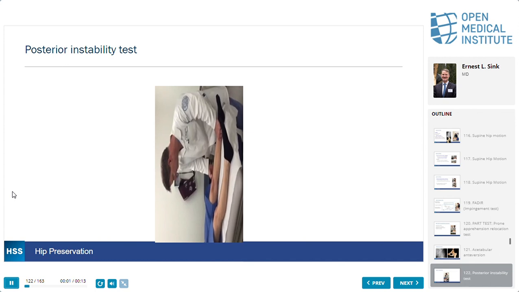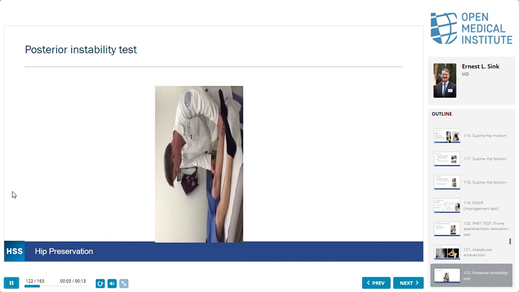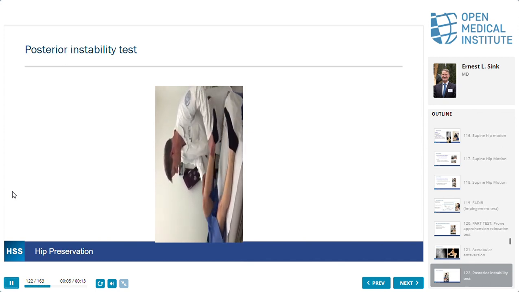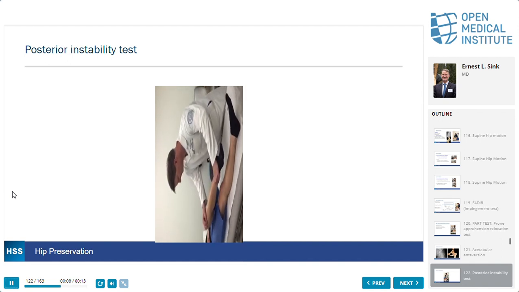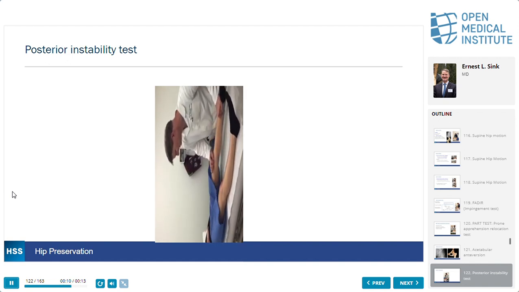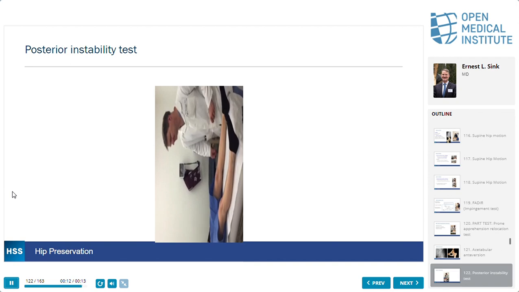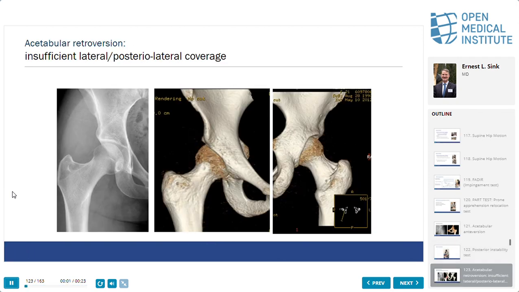So that's the kind of hip where you'd have the positive part test. Prone, extension, push, it may hurt in the front. Here's the posterior instability test where I flex, adduct and push posteriorly and they have pain in the back, that might be more like this hip, which has